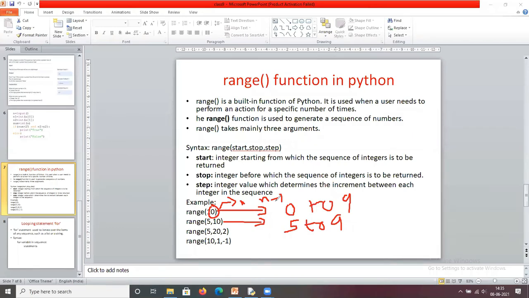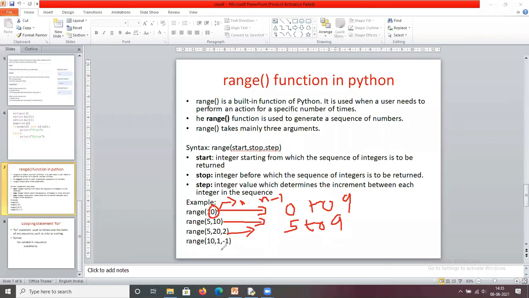Yes, 5, 6, 7, 8, 9. Correct. Very good. So now, range 5, 20, 2. What is the expected output? Yes, 5, 7, 9, 11, 13, 15, 17, 19. Very good.